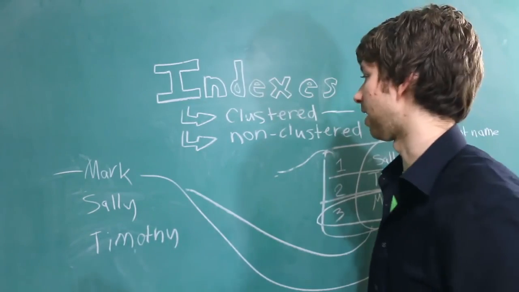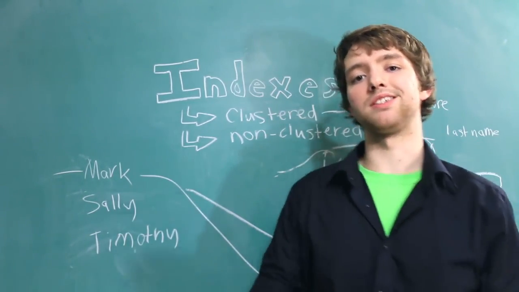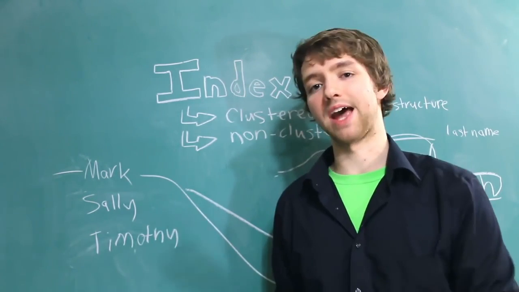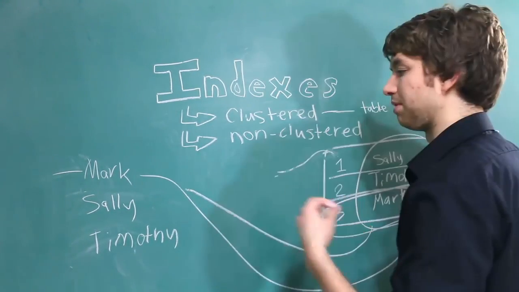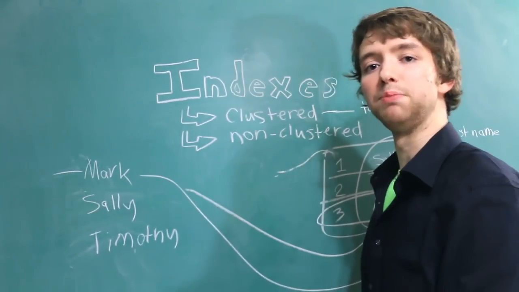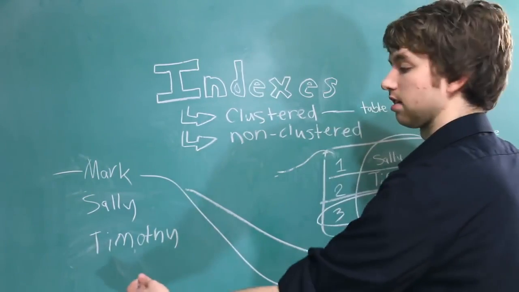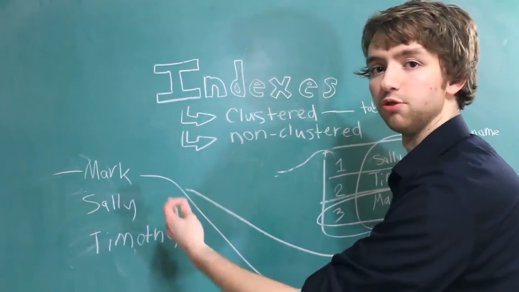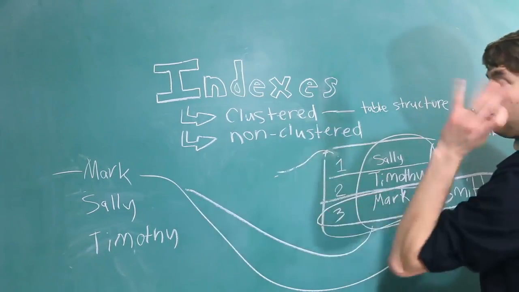So another way to think about it is that the non-clustered index organizes the data, but does it separately from the way the table is actually structured. The table is actually structured by ID here, but the database does some additional work of keeping some kind of system of ordering for the names. Then the database can use that system to find the data related to that name